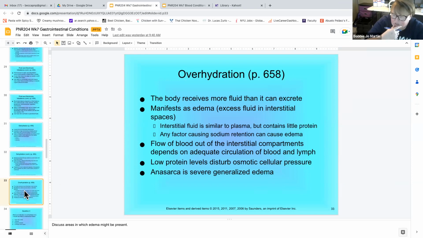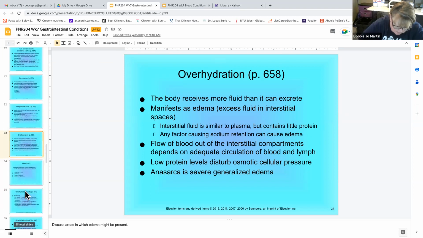Would you really see that a lot in kids? Is that something that would be common in kids? No, like I said, almost always in kids, it's going to be an isotonic dehydration where they've simply lost fluid. It's not usually hypo or hyper. I've seen a couple kids that weren't neurologically normal and were left with access to a hose and they just drink water from the hose all day, but it does not happen very often. You're absolutely right. Hypotonic dehydration in a kid is rare.